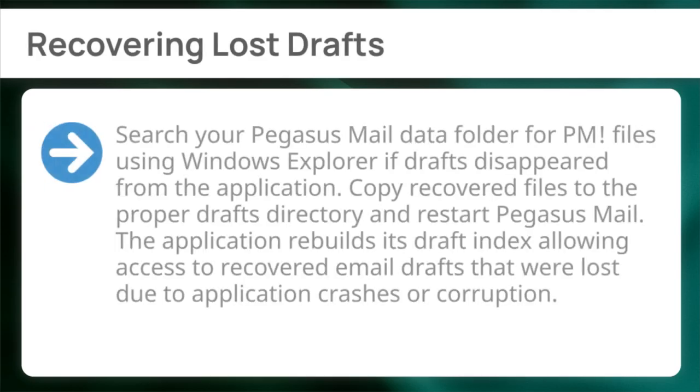Finally, recovering lost drafts. Search your Pegasus Mail data folder for PM files using Windows Explorer if drafts disappeared from the application. Copy recovered files to the proper drafts directory and restart Pegasus Mail. The application rebuilds its draft index, allowing access to recovered email drafts that were lost due to application crashes or